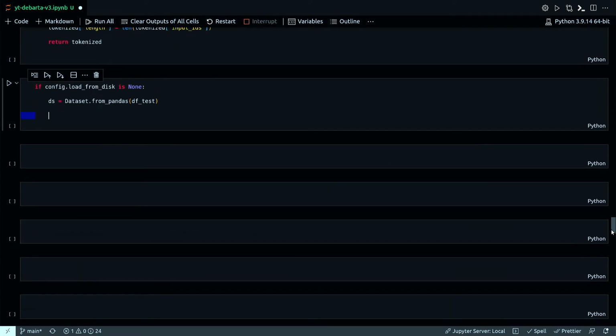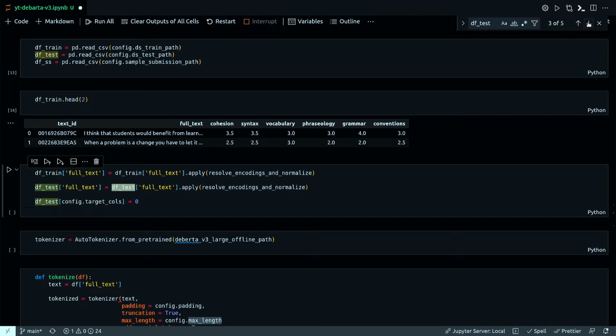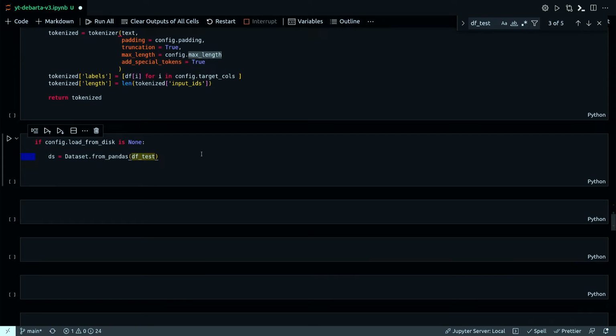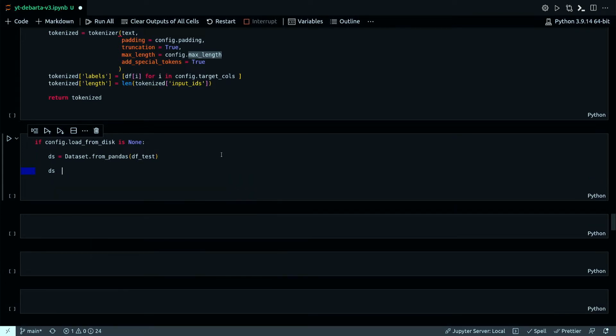This df test has already been defined earlier. Let's quickly see. Df test, yeah. So df test is just pd.read_csv of my ds test path. That looks good. So now, that's what I'm reading here, and then ds will be.